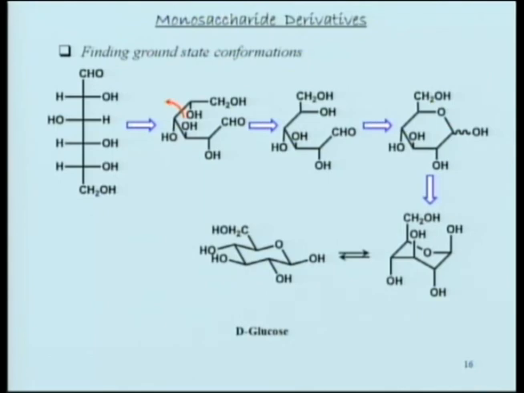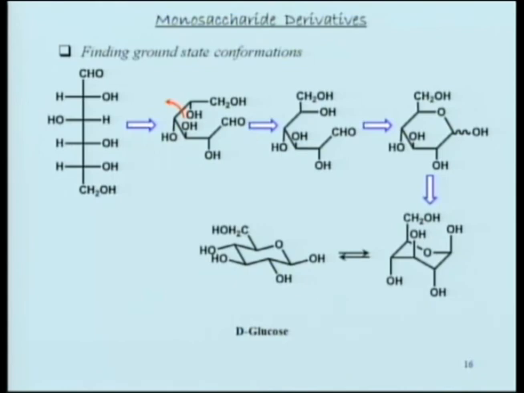Then we convert it into a twisted form. I can't do it with this one. But you move the rest of the atoms so that there is a possibility of bringing the 5-position OH into a space close to CH2OH. So the OH goes at the bottom, which is already here. This OH is at the top, that OH is at the bottom, and this OH is at the bottom. Exactly the same. And then CH2OH turns up in this case.